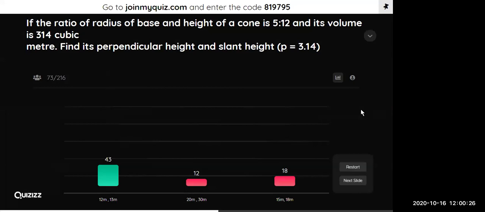We already got 12 as the answer, right? For height, we already got 12 meters. And you just had to find the length. We got length equals square root of 169. That is 13. Okay, so congratulations to all those 43 students who got it right. And for the remaining 30 of you, best luck for the next question. So let's move back to question number 4 of problem set 9.